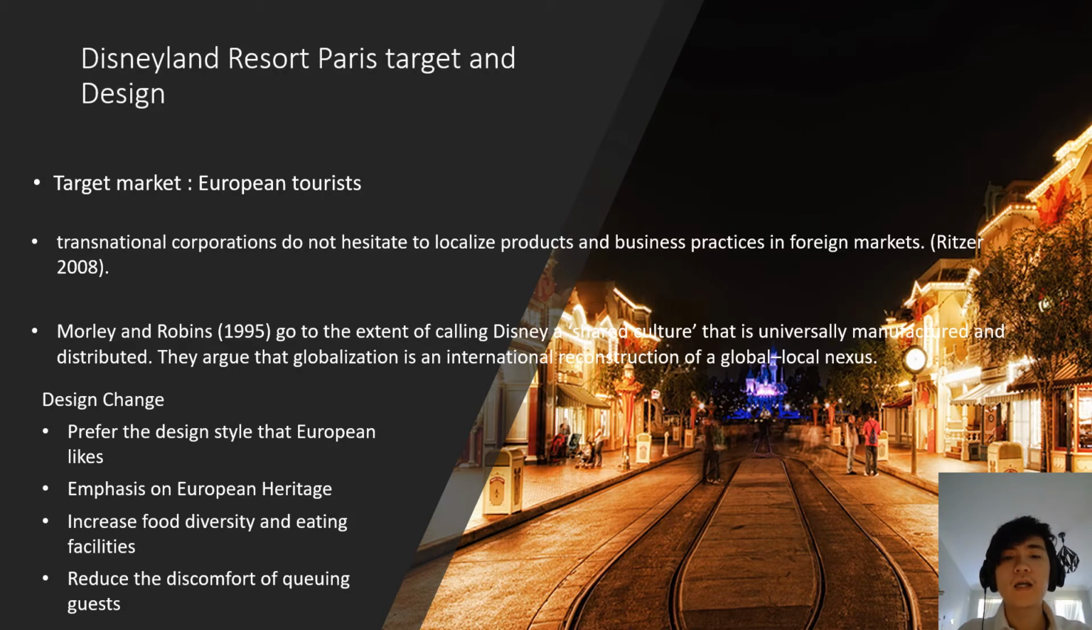Disneyland is targeting the European travelers instead of the direct organization. Disney preferred to connect the local culture with its own culture. Therefore, Disneyland Paris has made some changes for the European tourists. The first is the design style, which is better toward the style that European tourists like, and increasing the quarantine requirements and food diversity, and reducing the discomfort for the